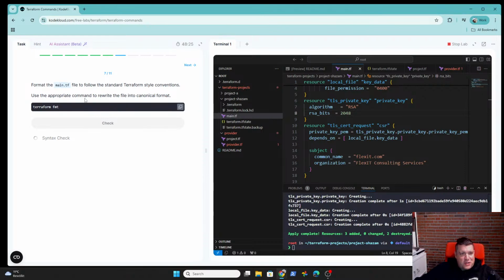So the next question, I think this exercise is going to be the last one for today. Terraform format. Okay. You can run terraform fmt.